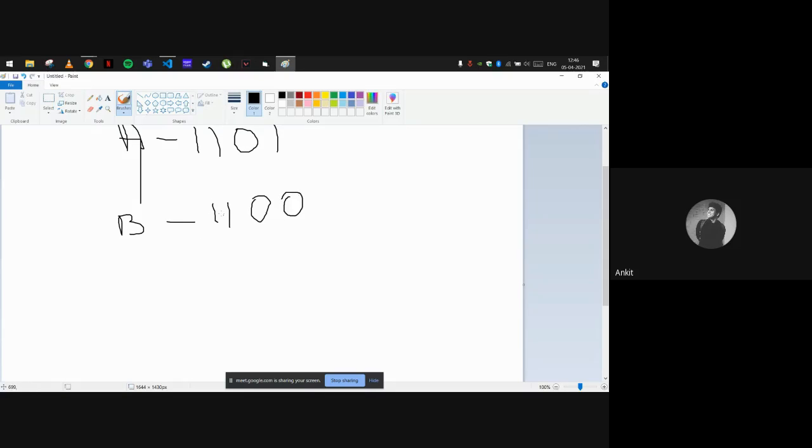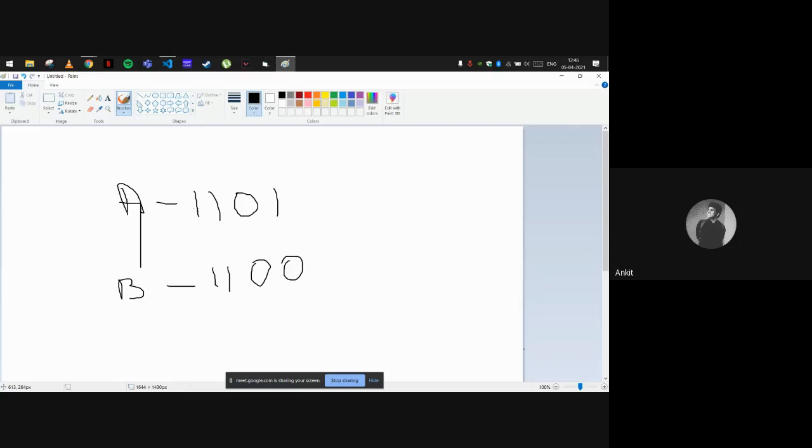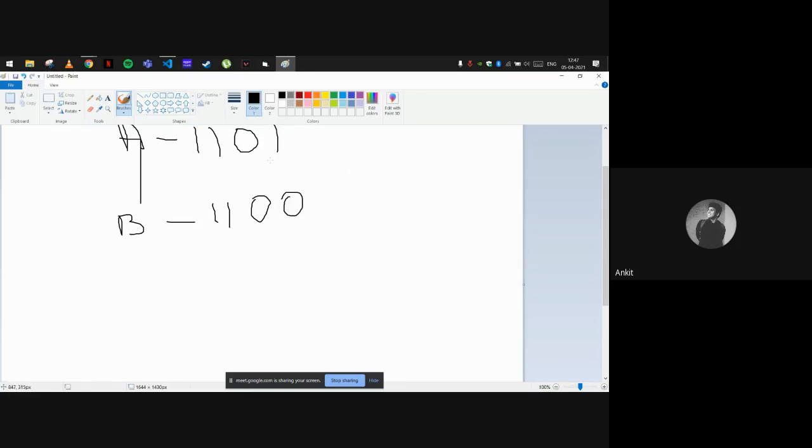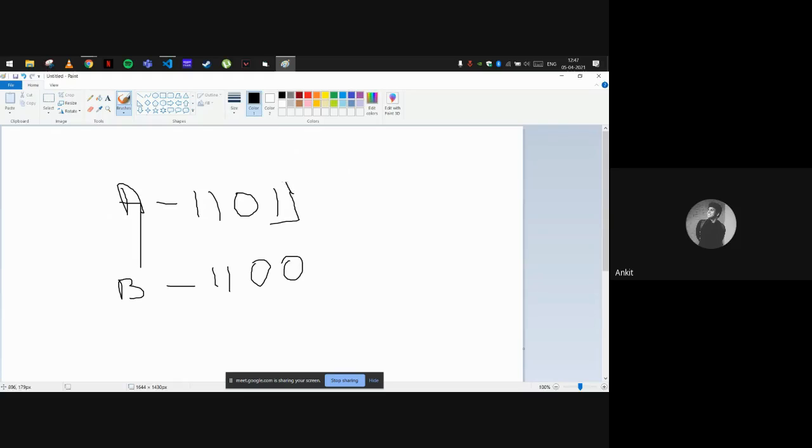1100. So selective set sets the value in register A where there are corresponding ones in register B. Means if we take this digit and see its corresponding value in the second register B, if it is 1, then it will set it to 1.